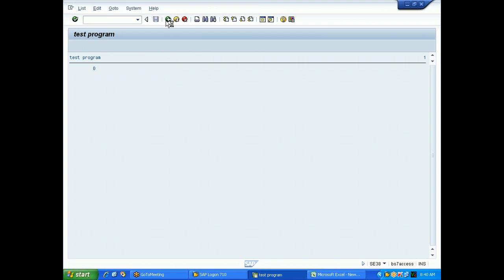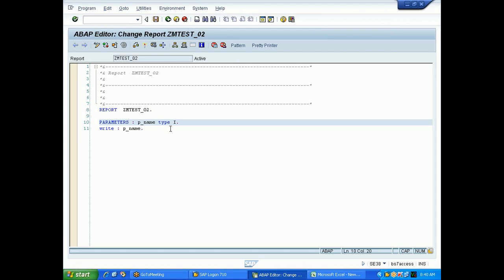The next data type is D. D means date. Date will come later. The next one you can learn is N. N stands for numeric. For this, length specification is required.